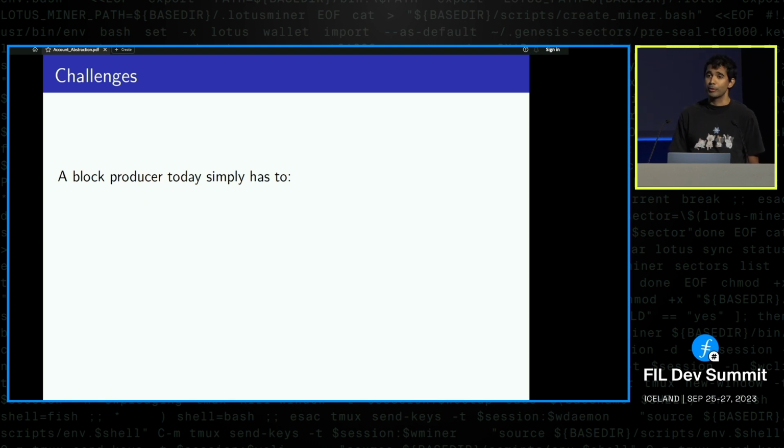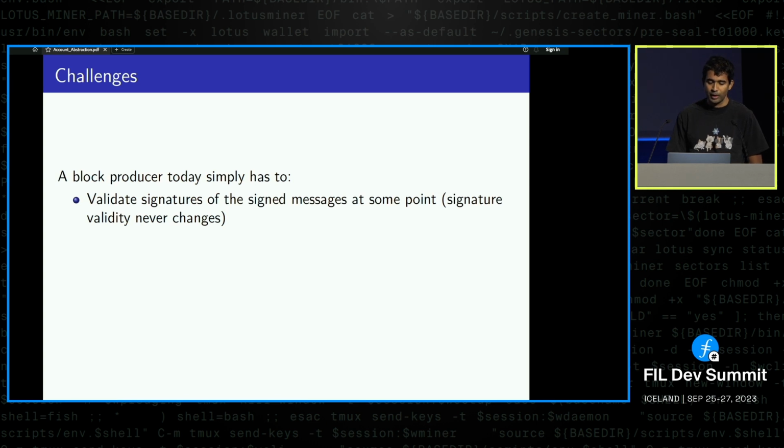The good news is these operations are fairly efficient, waving my hands a little today. A block producer who's packing blocks today basically just has to validate some signatures. You've got some messages from the network, you validate the signatures, which is not the cheapest operation, but still fast enough to do. You know that the signature validity will never change. If a message is validly signed when you look at it today, if it's 3 days from now, it's still going to be validly signed.